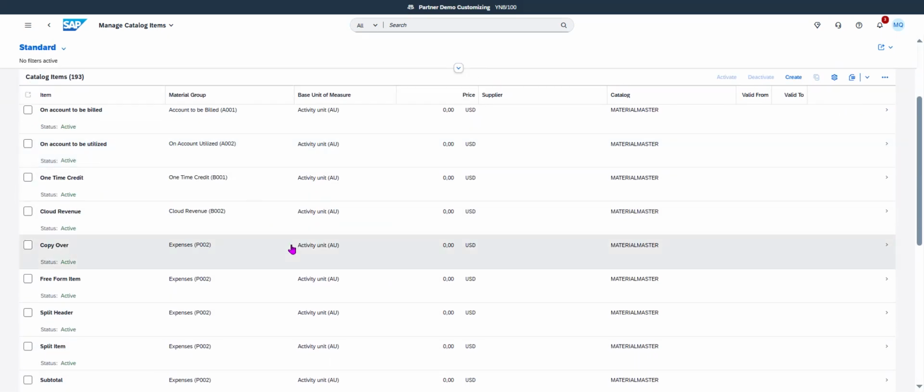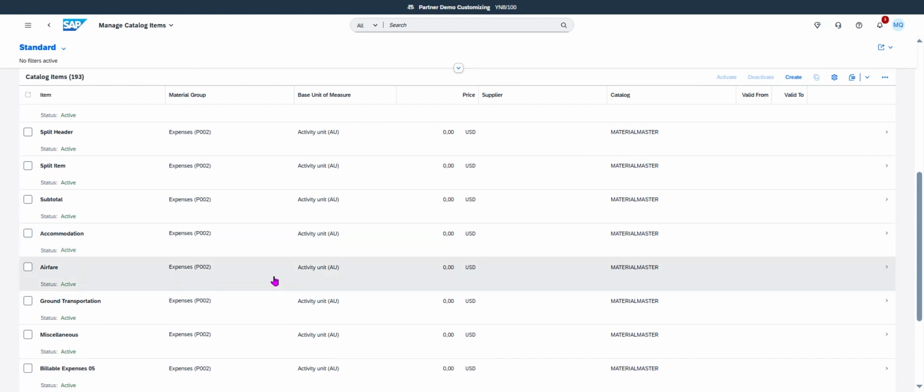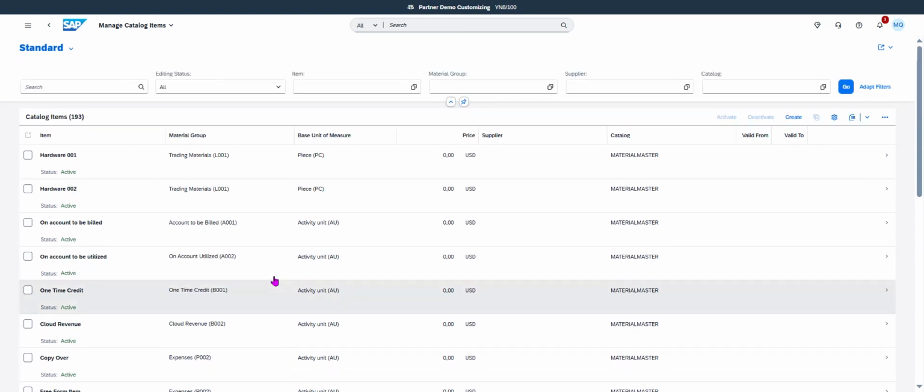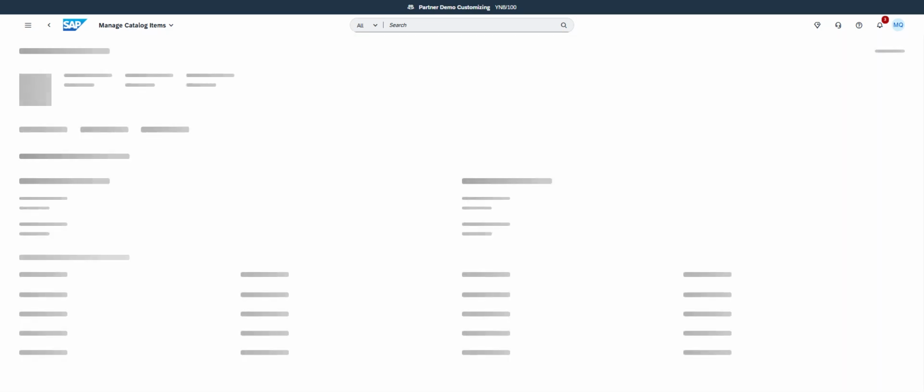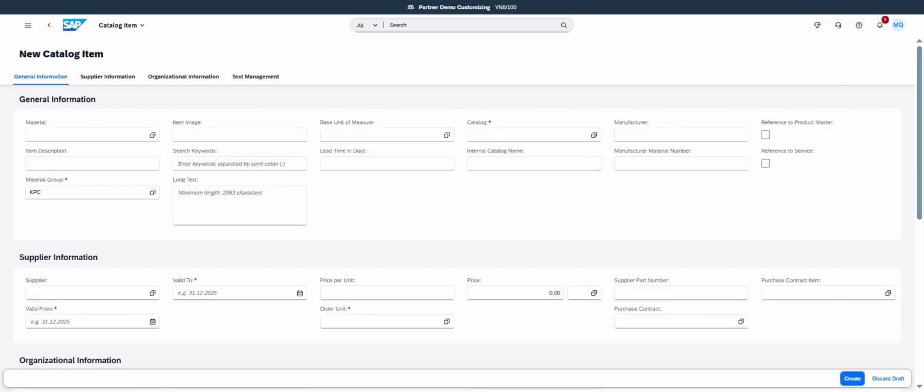So you see in the catalog all the items. I click on create. So you put your item description. I take office supply,